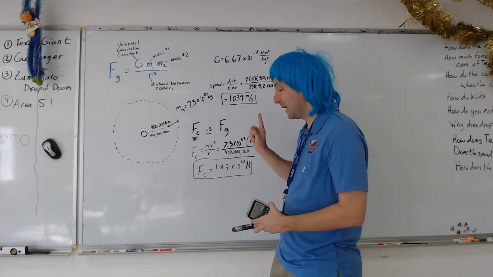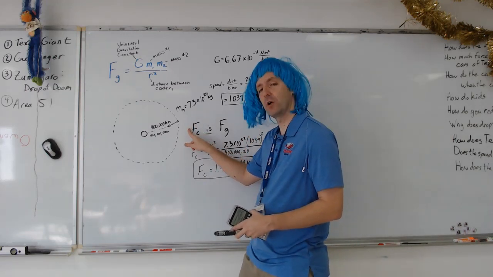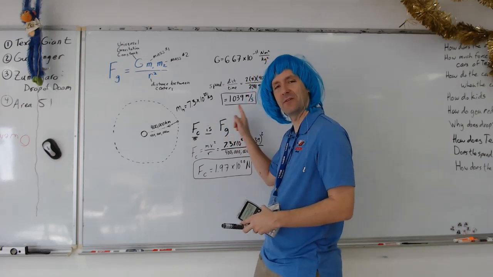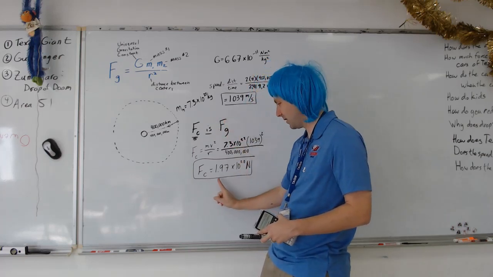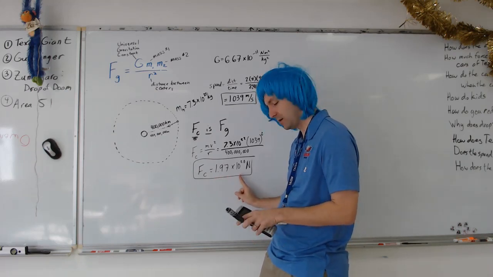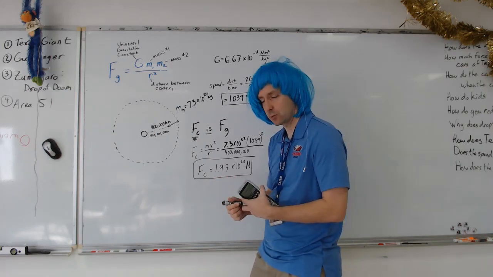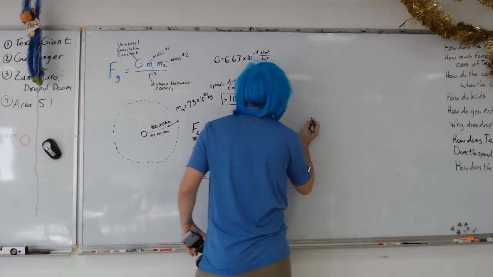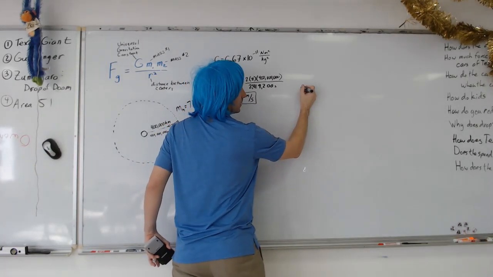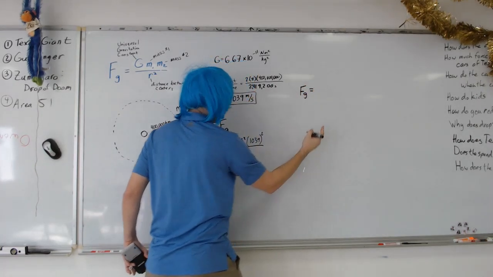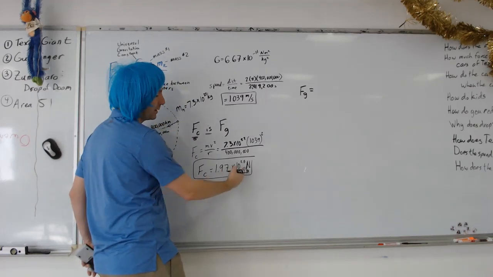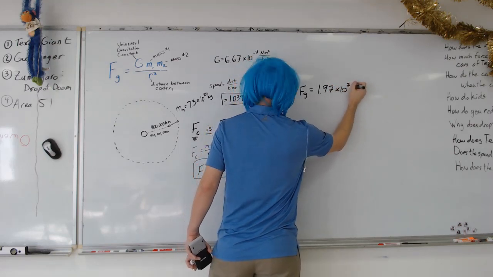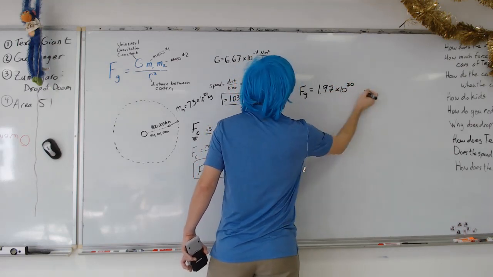Because we have said that the centripetal force is the force of gravity. If that's the case, then the force of gravity must be 1.97 times 10 to the 20th newtons. All right, so we're going to use that in this equation. So we're going to come over here. We'll say, okay, so the force of gravity, which is the centripetal force, 1.97 times 10 to the 20th,